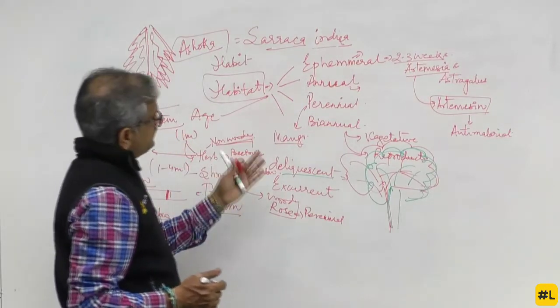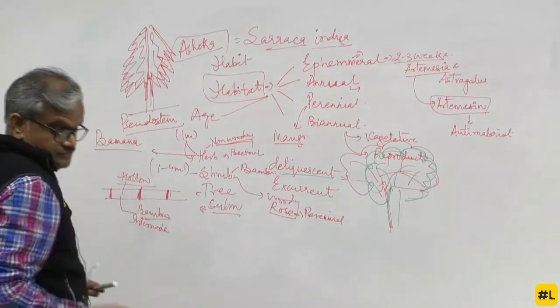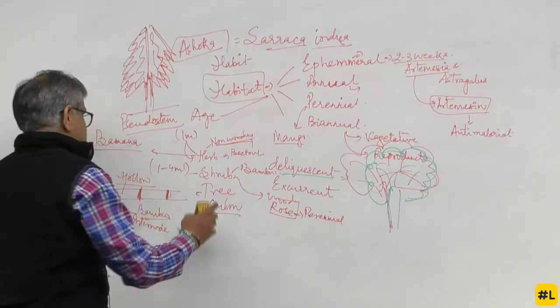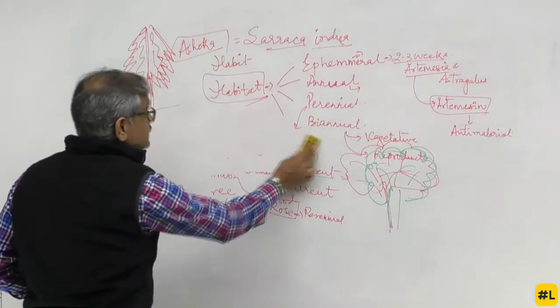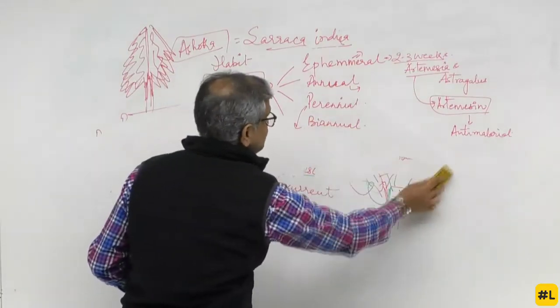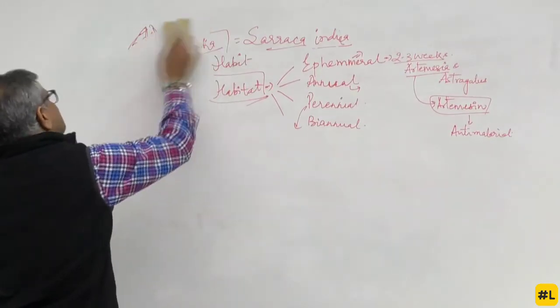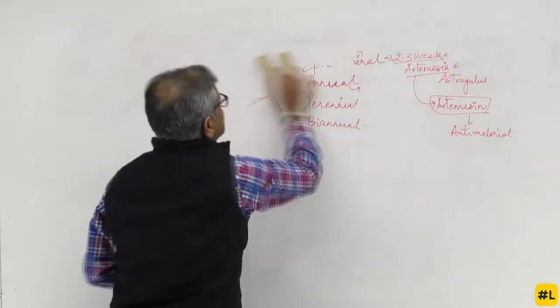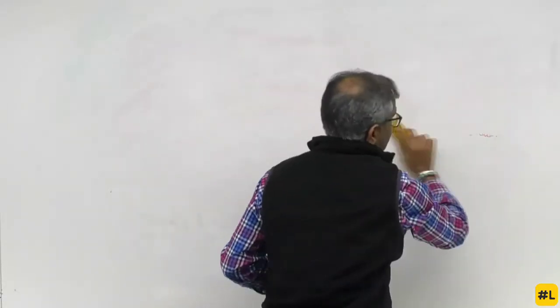Culm, excurrent, deliquescent, right? Here I want to tell you certain new things. For example, sir, you told annual, biannual, which is also called biennial. In place of A double N U A L, it is also written as B I double E N N I A L, biennial. Perennials. Sir, what are those plants called which flower once in their lifetime? They are plants like, again coming back, bamboo.